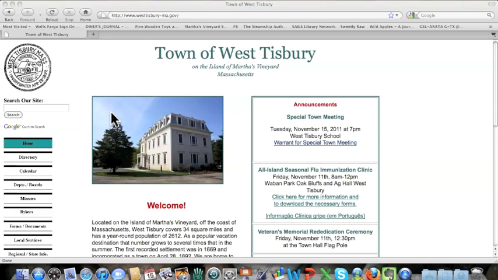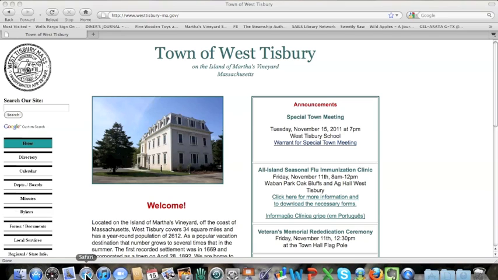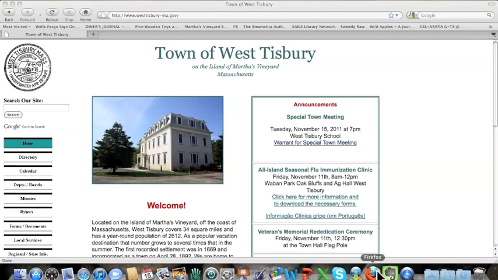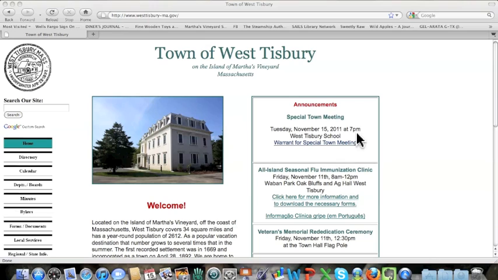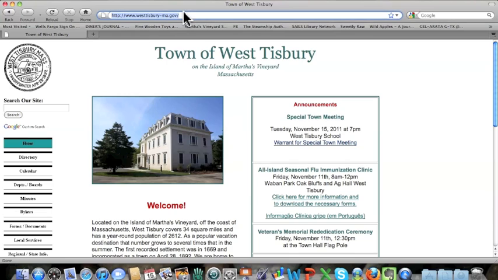The purpose of this short tutorial is to show you how to access the West Tisbury Historic Resources Inventory from within the Massachusetts Historic Commission website. To begin, you will need to open a browser on your computer such as Internet Explorer or Safari or Firefox. I will be pointing to areas on the screen with my cursor as I talk, so follow the cursor as you listen. The next step is to type in the web address of the database, and that is